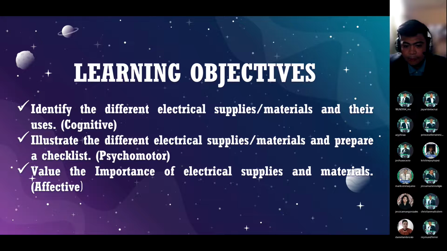Okay, class. The main importance of electrical materials and supplies is that they protect houses, buildings, appliances, and instruments from any destruction or damage. So class, during our virtual discussion, please avoid unnecessary movements to prevent minor injuries. Always put in your mind that prevention is better than cure, so always put safety first. Did I make myself clear, class?